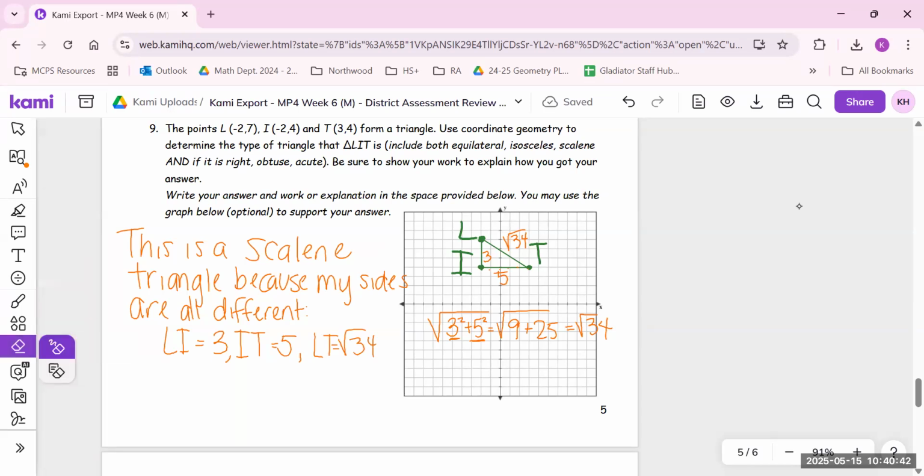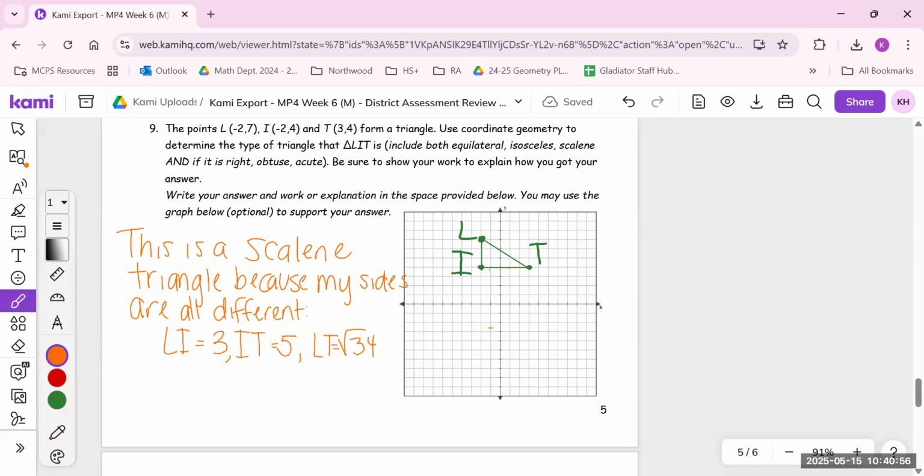All right, cool. Now we have to decide if it is right, obtuse, or acute. And again, the person who made this for us was thinking of us, because we can see right here that this is a right angle. You could say that LI is perpendicular to IT. Their slopes are negative reciprocals. We've talked about the slope of LI, for example. The slope is